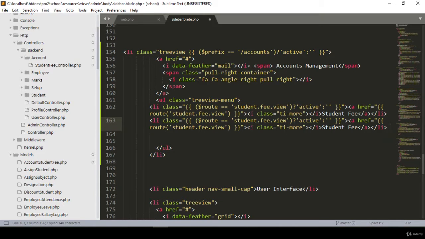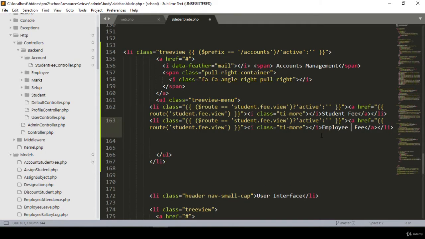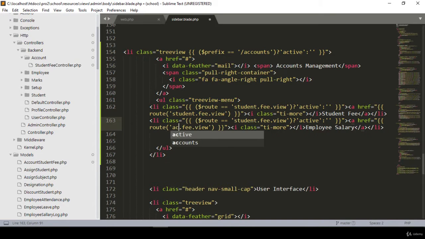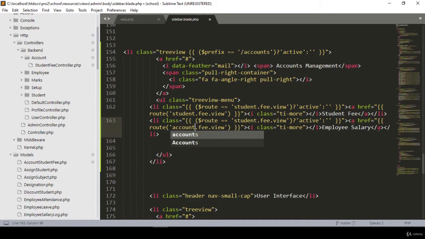So that will be account or employee salary. Okay, that will be the employee salary. Perfect. So I name it account, and then salary, view. Okay, and that will be our route and active link. I also want to update that active link as the account salary view. So now we have to create this